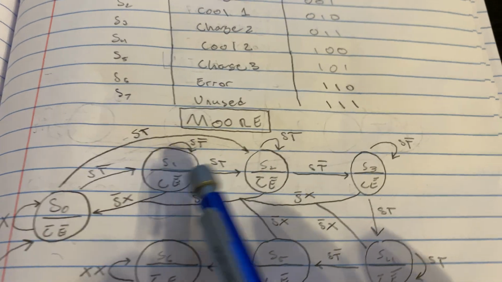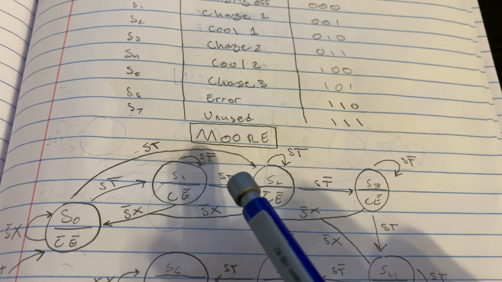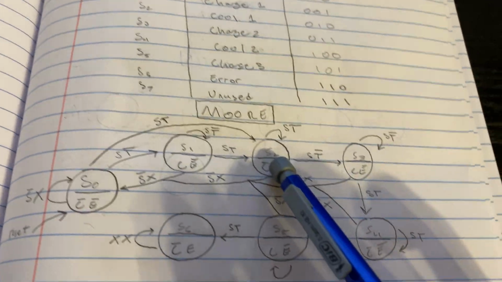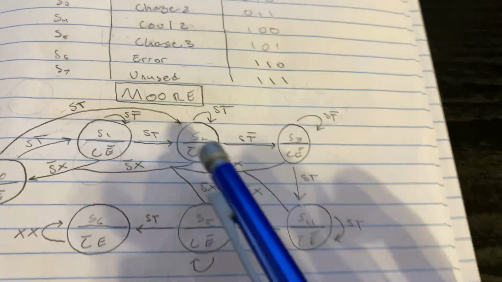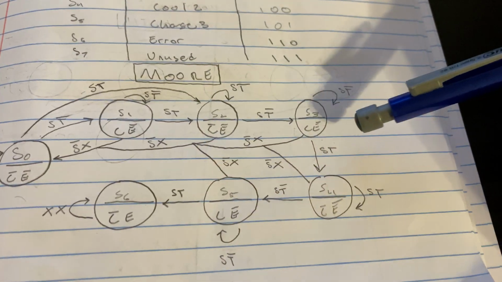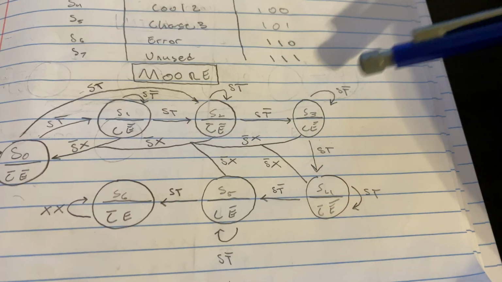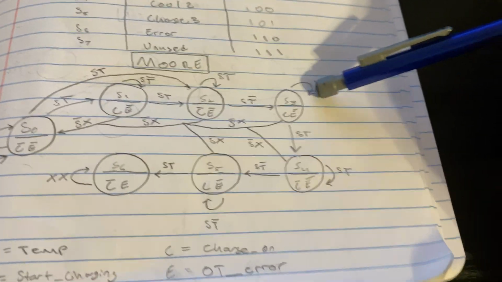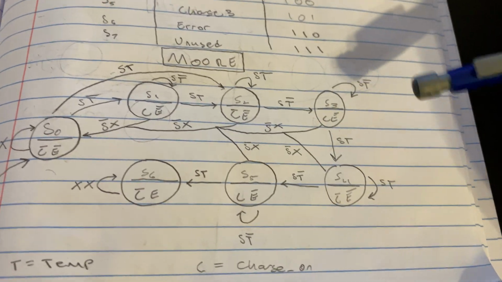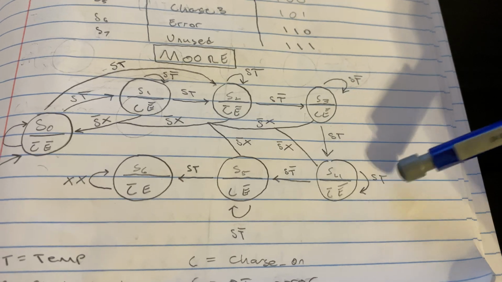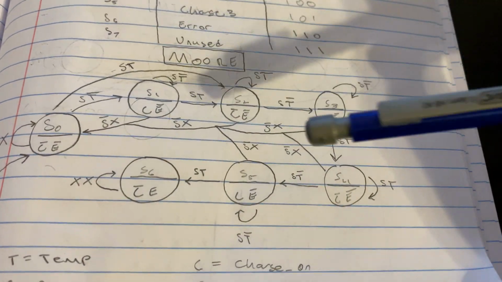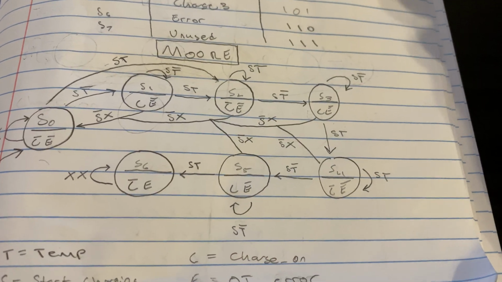And then it also can proceed from here to state 2 if you get a temperature warning in this state. It'll proceed to state 2 where it's not charging and it's cooling off. And then if the warning goes away, it'll move to state 3 where it's charging after having its first warning. And then after having its first warning, if it has another one, it'll stop charging again and remain there until the warning goes away. And then it'll move into state 5 where it is charging after having 2 warnings, and